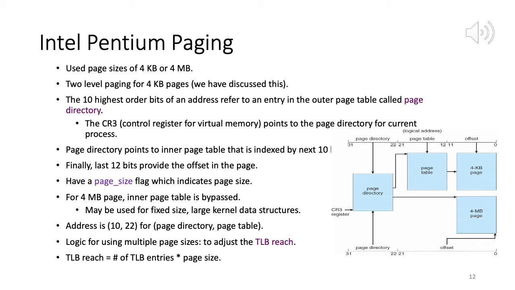So when I know the size of the process or part of the process I want to bring in, if it's more or less fixed, then I can always have a large page size, right? So I have a large page size, so I'll need a smaller number of pages, a smaller number of frames, and my page table size will reduce. This management will become easier. When I don't know what my requirement is going to be, then I can use small page sizes, right? So generally when I have fixed requirements, then the large size can be used.